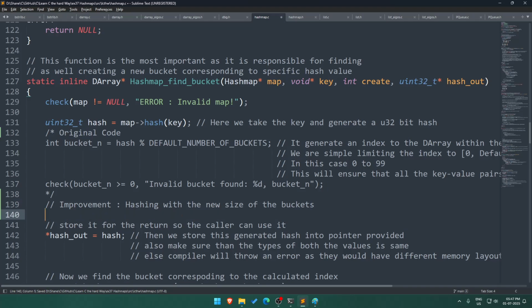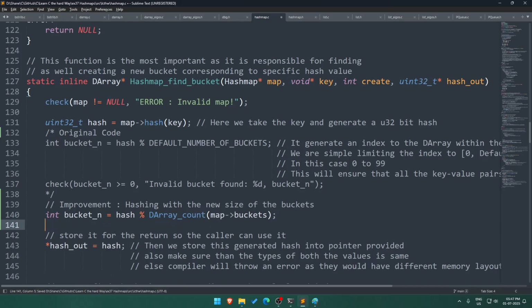So I'll simply go int bucket_n equals hash mod the array count, and I have map buckets. Okay, so after these calls,